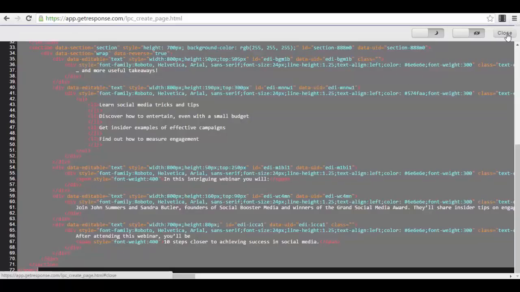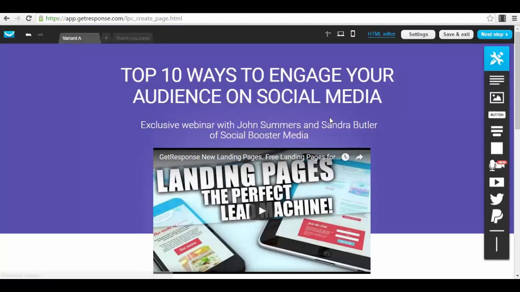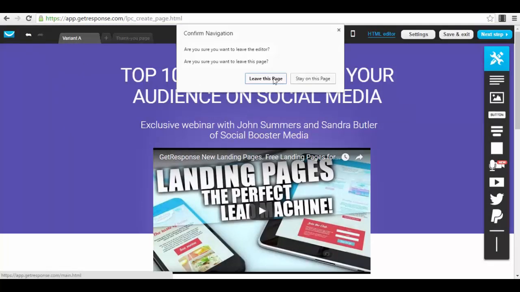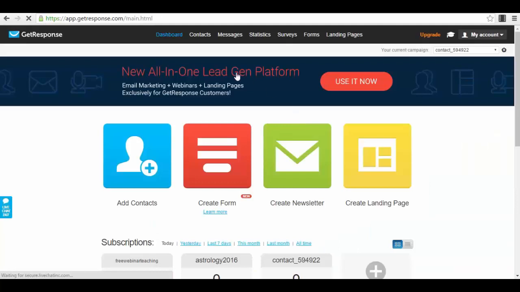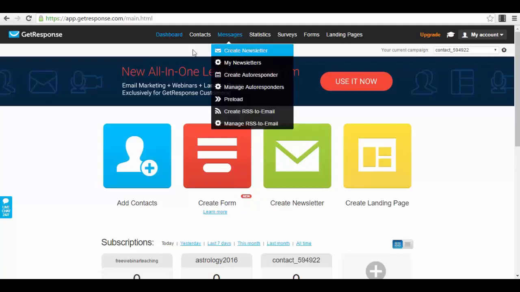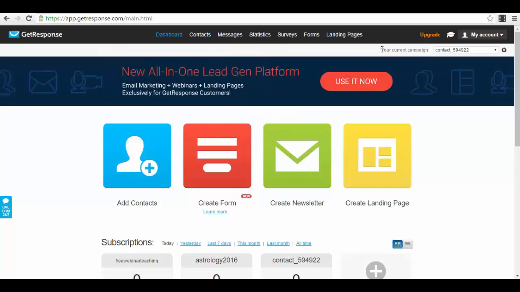So if you have access to an email marketing service like GetResponse, it will be much easier. What is very nice about GetResponse, as I've told you before, and I will show you this very quickly, is the fact that you can also create an autoresponder sequence, and this will be useful when you are preparing your webinar or a list or something like that. In GetResponse, your email lists or registration forms for different campaigns are named campaigns. As you can see, I have different types of campaigns here. For example, for my webinar, I've used free webinar teaching.